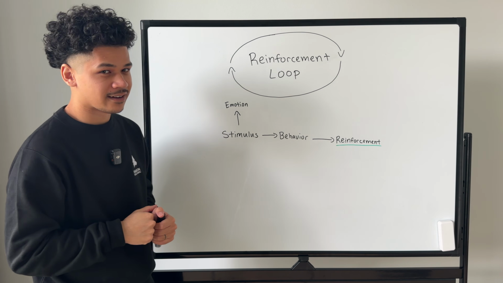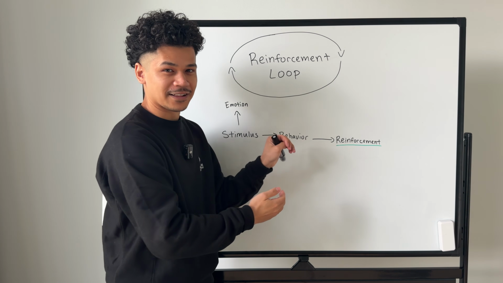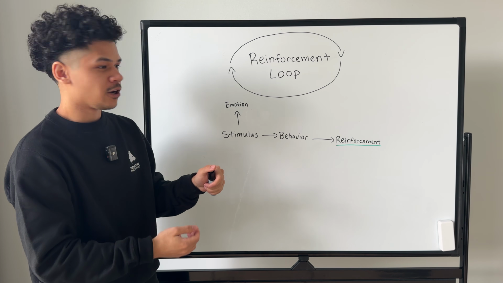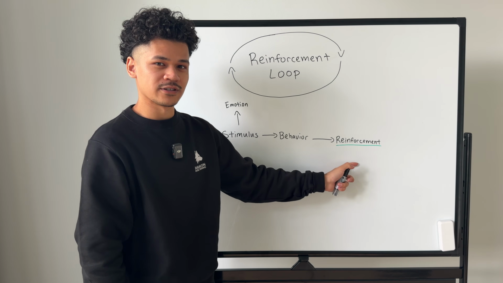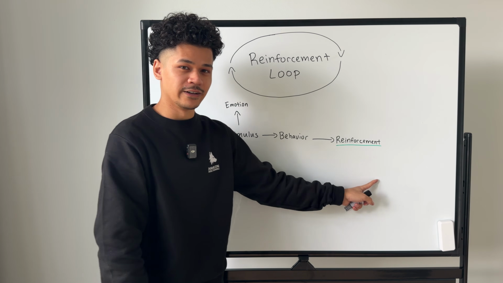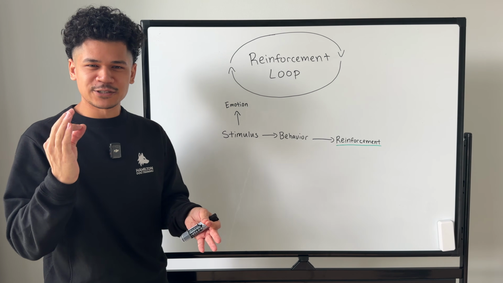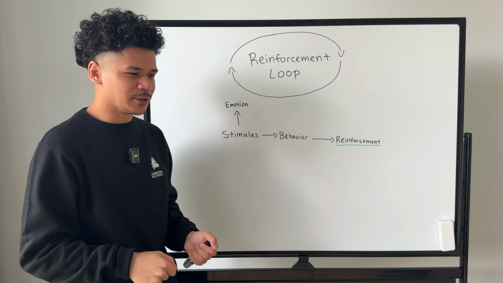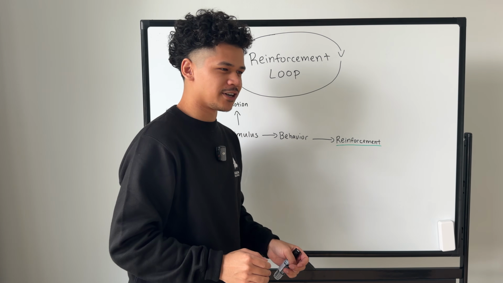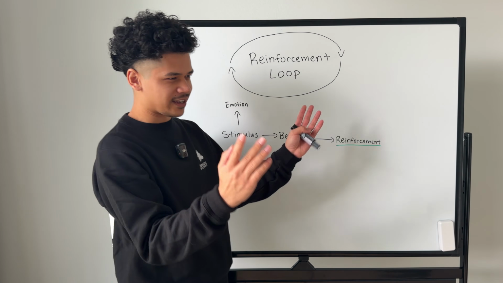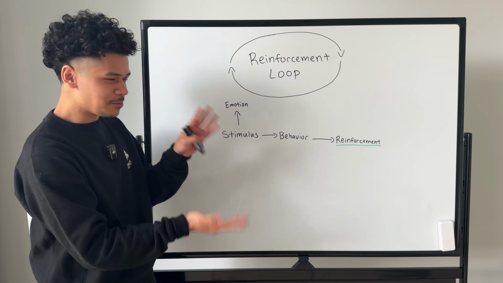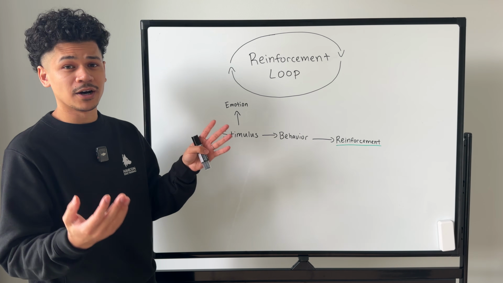The problem with that is that both paths are reinforcing. Reacting at other dogs is still reinforcing. Looking at you for the treat is also reinforcing. So your dog will simply do whichever is most reinforcing in the moment. And that's where you get the classic, I'm gonna look at you for the treat and then lunge at the other dog and then look at you for the treat and then start barking at the other dog, you see? The dog will simply perform whichever they want to do most in the moment.